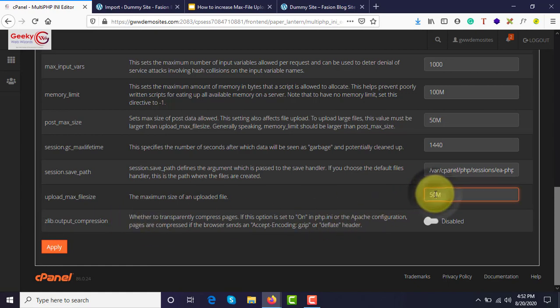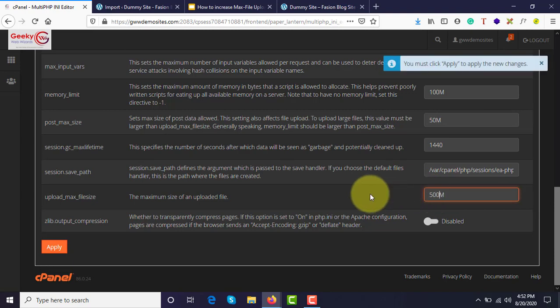So since I want a maximum file size of 500 MB, you may or may not need this much size. Maybe you want to increase it by 128 MB or 256 MB or 512 MB. It's your choice, right? For me right now, I'm considering that my file is around 400 to 500 MB, so I'll keep it 500 here so that the limit exceeds, so I can easily import any files in my dashboard